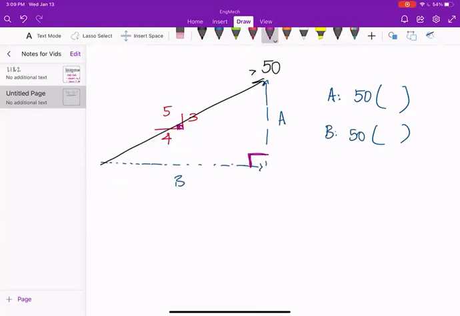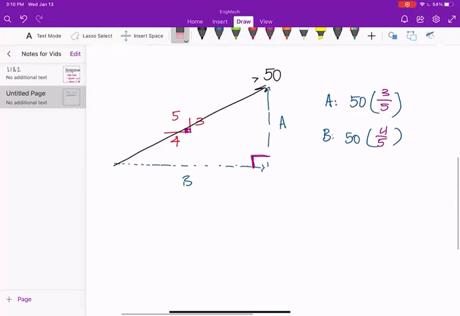So basically, to find side A it's going to be, not this angle, this fraction, I'm sorry. So side A is going to be 3/5 of that hypotenuse as defined by this slope triangle. Side B then is going to be 4/5, because that's the other side length here, and also because that corresponding side on the slope triangle matches up with the bottom of this triangle. So that was a really fast version of describing that, and I'll go into it a little more in lesson 2 with resultant forces and force components,